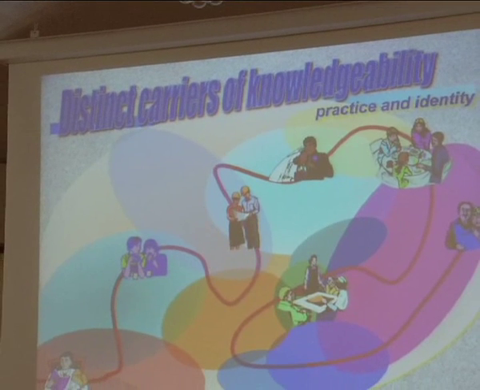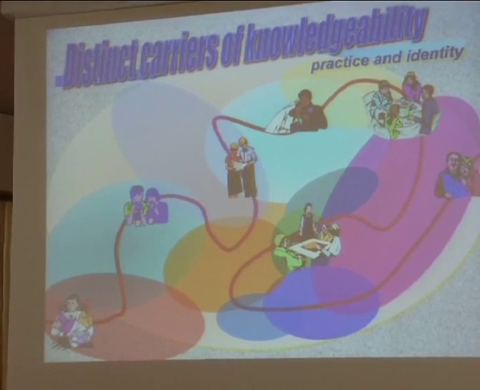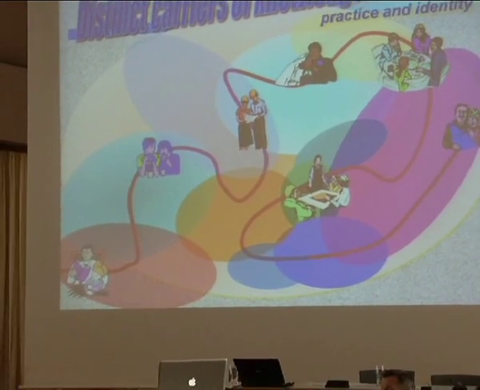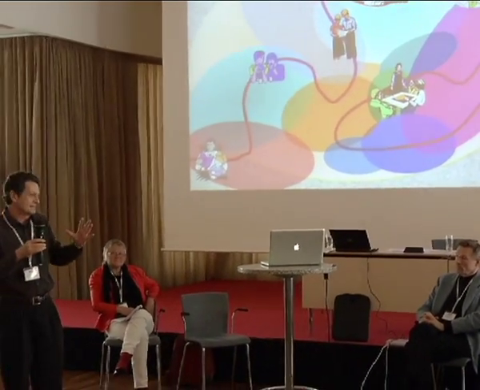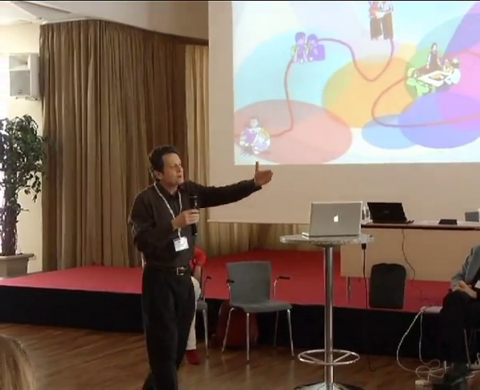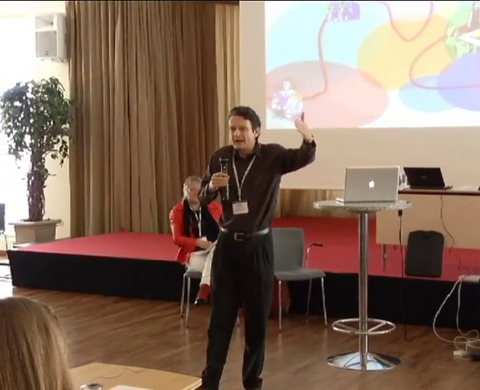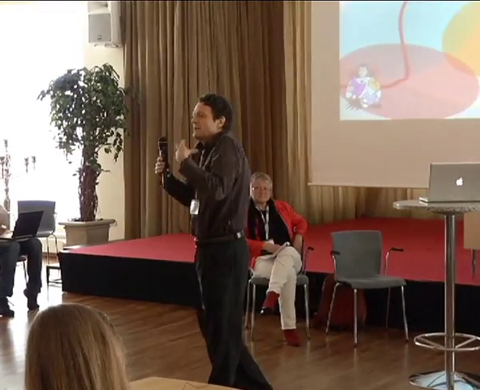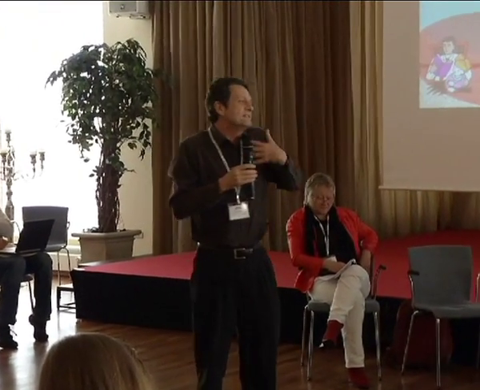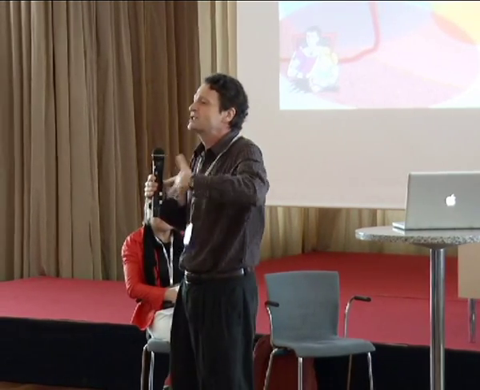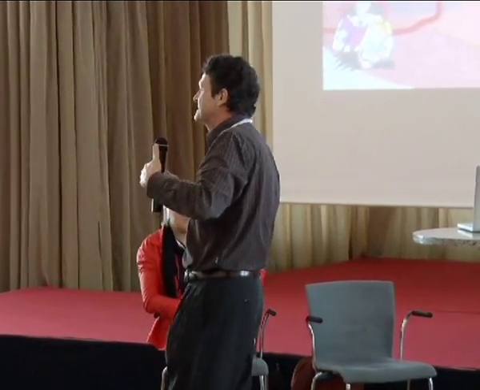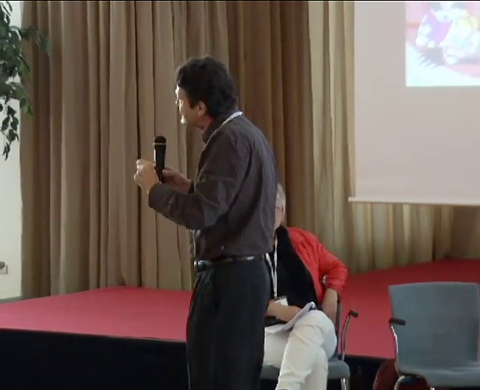So if you think of the world as a landscape of practices, each practice is the carrier of some form of knowledgeability, some claim to knowledge, some claim to competence. And you as a person, you are kind of traveling that landscape, crossing boundaries, embodying these boundaries in your own experience of the world, reliving them in your own identity. And therefore your identity as a travel, if you will, as a trajectory through the world, becomes a reflection of the landscape, but a lived reflection of the landscape, and in that form becomes itself a distinct carrier of knowledgeability than each practice in particular.